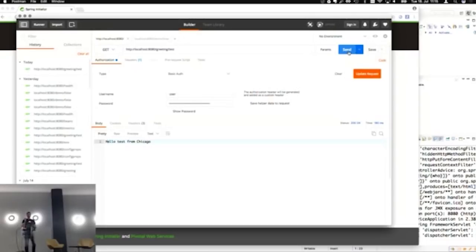So creating a Spring Boot project from scratch, adding a REST controller to it, adding a business component to it, and wiring those two together, and then adding what I think is a common task, adding configuration properties that help you externalize configuration to your application. That's kind of what I demoed so far. I think at that point, we're almost ready to take our little Spring Boot application to production.